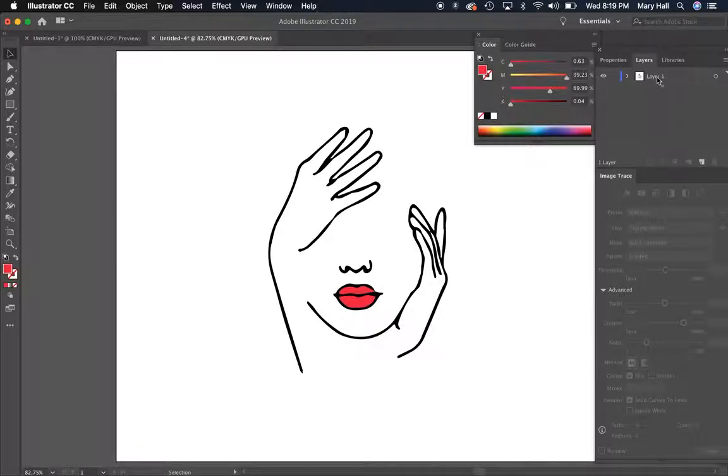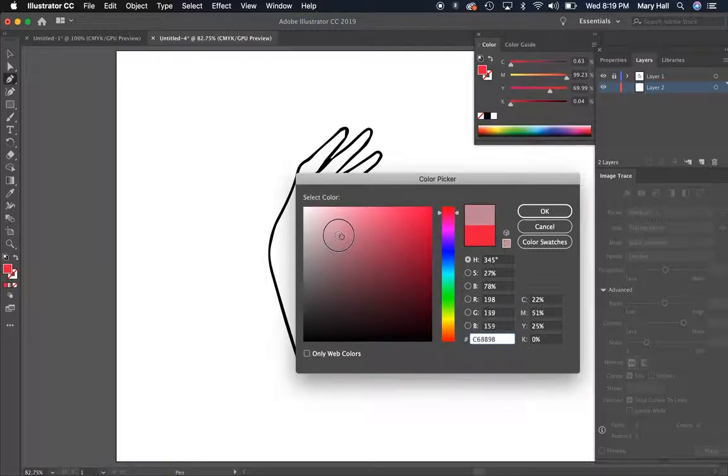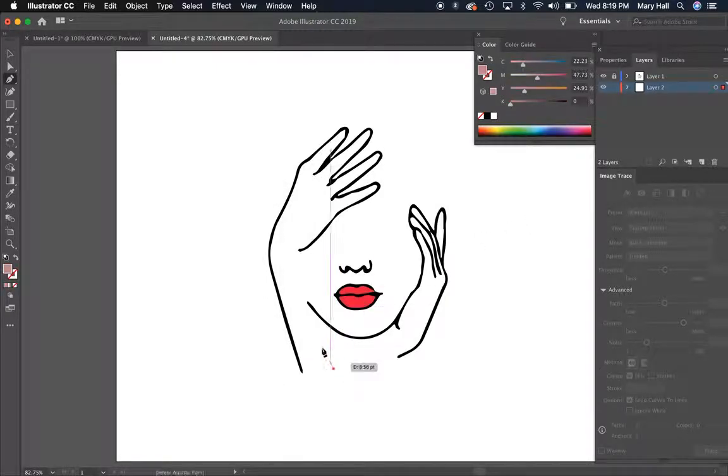So right over here we have our layer 1. Let's just go ahead and make a new layer to keep things simple. And I'm going to put my new layer underneath this layer. I don't know if you've noticed this, but if you take your pen tool and you click and start to draw around here, these other paths that are on the hand can start to interrupt what you're trying to do with your pen tool and add to it if you didn't want that. So one way to prevent that is to go to this layer and lock it. That way, that's telling Illustrator, I don't want to mess with this stuff, leave it alone, I'm going on a new layer here. So just for example, we can start to play around with